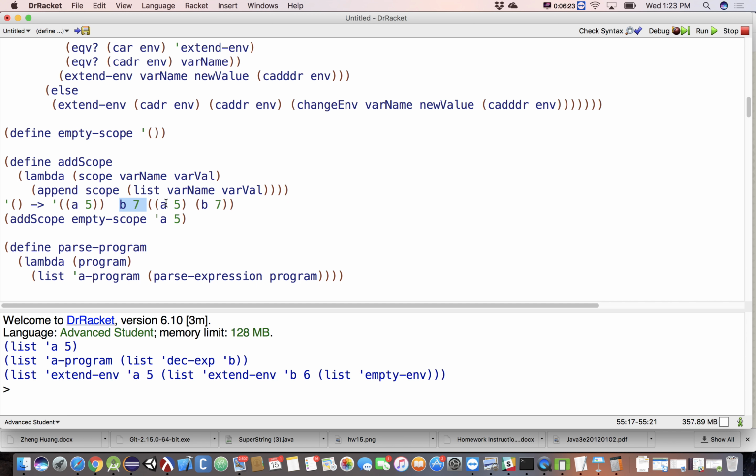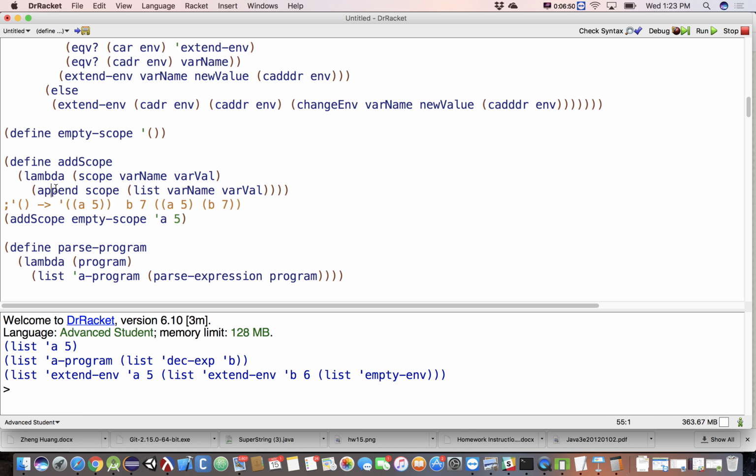What does cons do compared to append? Here we used append and we glued the empty list and the 2 list A5 together, giving us a single list. That's really not what we wanted. Before, when we had a cons here, let me put a, what's that, semicolon? When I had a cons here,